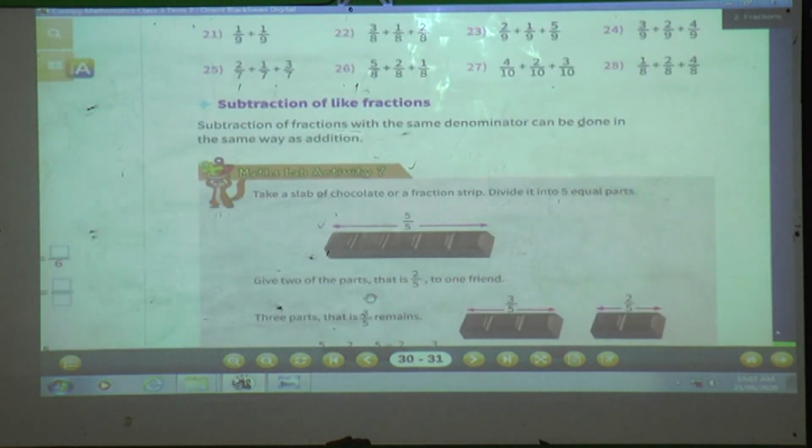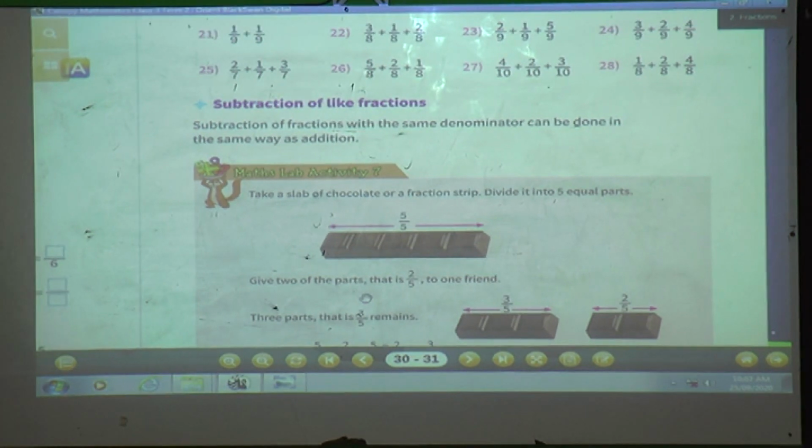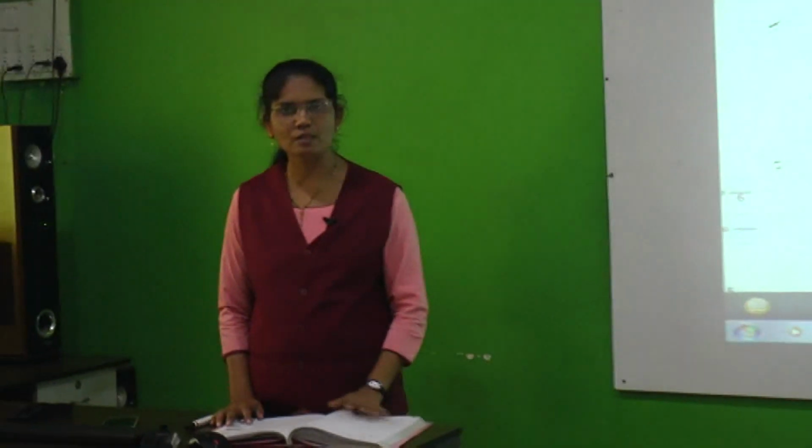Okay, so students, in this lesson on fractions, what we have learned: first we have seen what is meant by fraction. Then after that we have done the comparison of fractions, how to do the comparison of fractions. After that we have learned the fractions of a collection, and before this episode we have learned how to do the addition and subtraction of fractions. And today we have seen the last exercise of this lesson, that is story sums exercise 2.11. So in this way today we have completed this lesson.